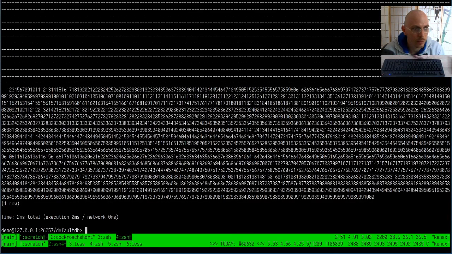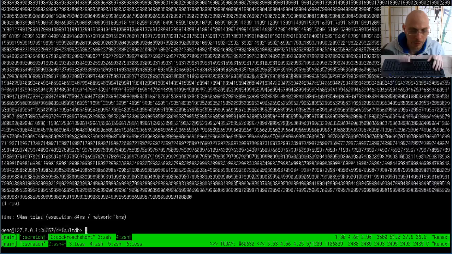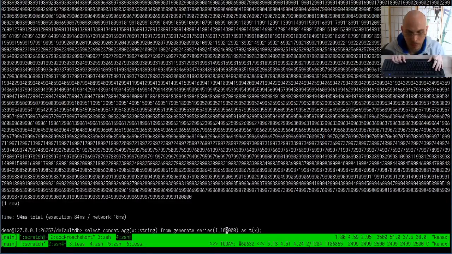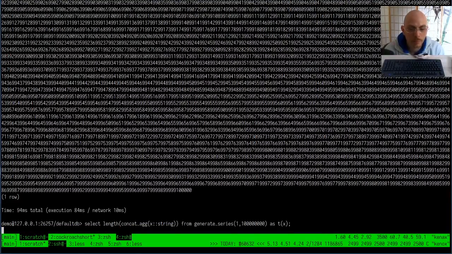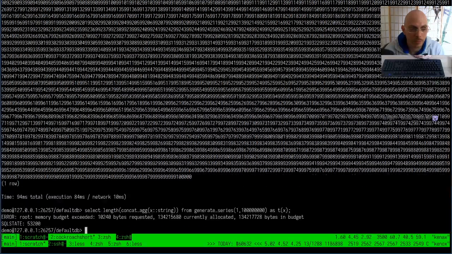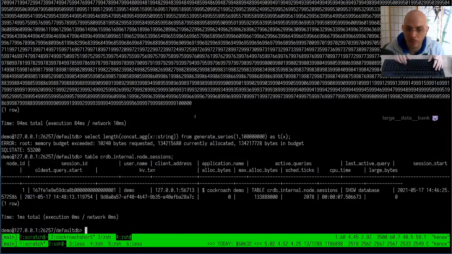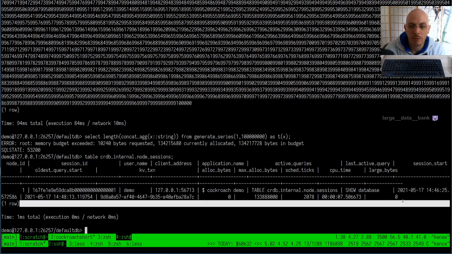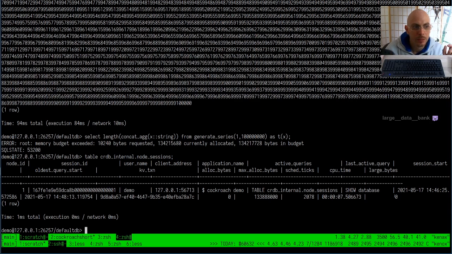All right, so I have here a large query, a large value. I'm going to make it even bigger. Is that big enough for a page? Probably not. Make it bigger, and then length. That's maybe extreme. That might actually fail with the memory allocation panic. Yeah, but that's good. Anyway, let's come back to our node sessions table, and the counter is still 0, which is not surprising at this point, because by the time this error is reached, of course, the thing has been decreased to 0. So